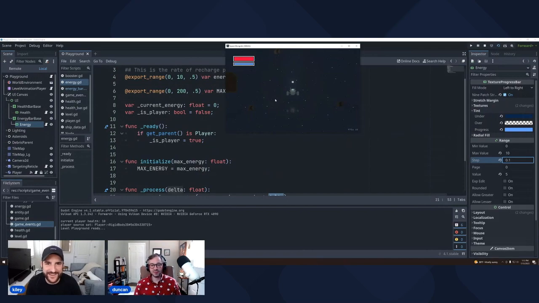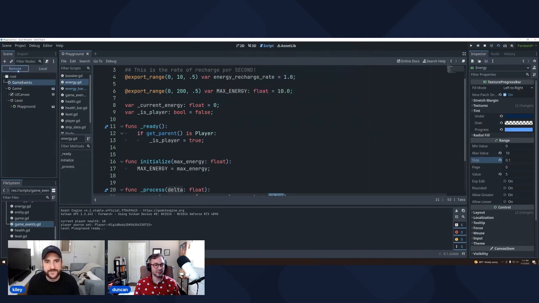But there are a few problems already. One of them being that you don't see this, but because we didn't clamp the value, I think it's just continuing to add energy. And since the bar itself only goes to 10 as the max value, the actual value is probably way higher. And so if you started to use something, the bar wouldn't go down until you used enough energy, right? We didn't cap it. So let's just look at what it is.